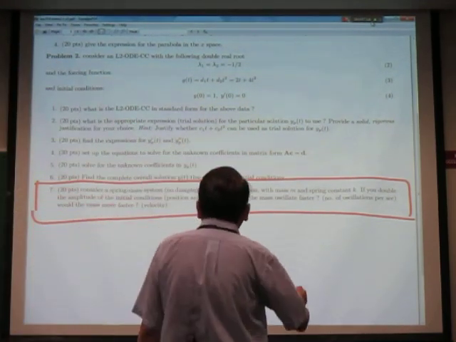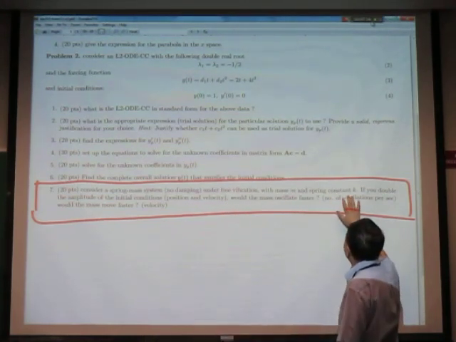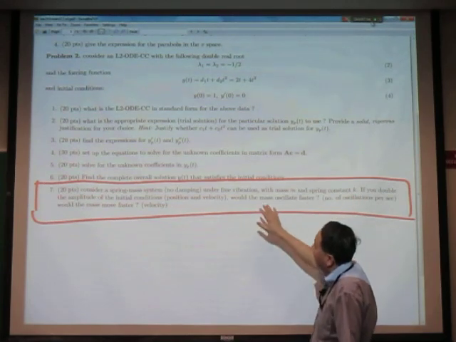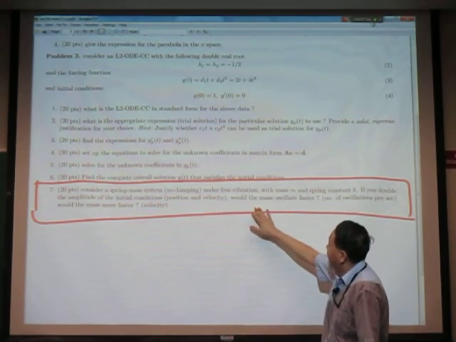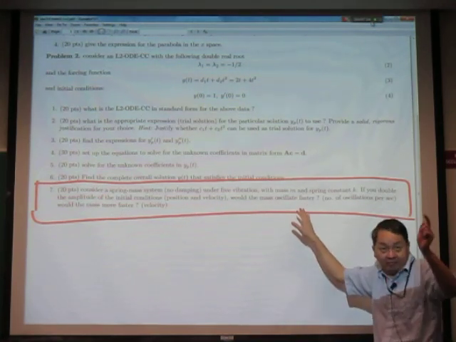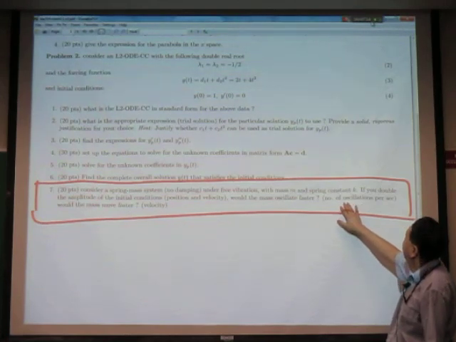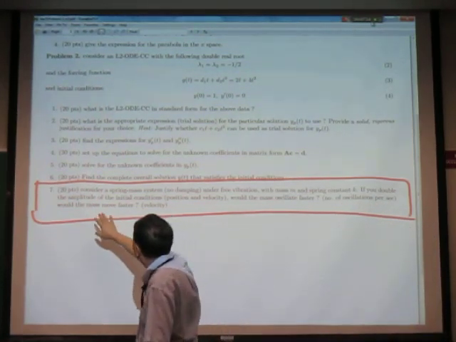If you have a spring mass system, no damping, with mass m and spring constant K, and if you double the amplitude in the initial condition, meaning position and velocity, would the mass oscillate faster, i.e. the number of oscillations per second, or would the mass and